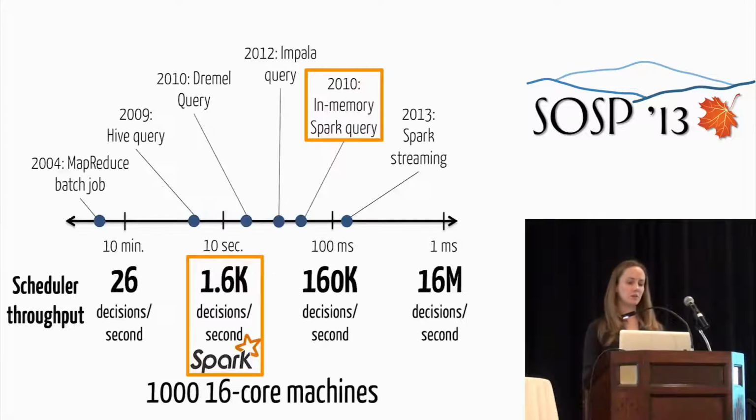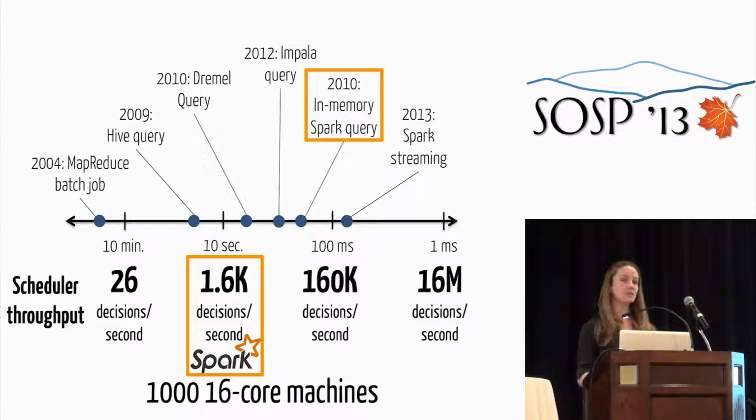To look at a particular one of these challenges, let's look at the throughput needed to support a modestly sized cluster that has 1,000 16-core machines. Back when jobs took tens of minutes to complete, a centralized scheduler only needed to provide tens of task scheduling decisions per second, something that was easily attainable. But as these jobs get shorter and shorter, the scheduler needs to provide more and more task scheduling decisions per second. To look at where one particular one of today's centralized schedulers falls along this continuum, the Spark scheduler can perform about 1,500 task scheduling decisions per second.